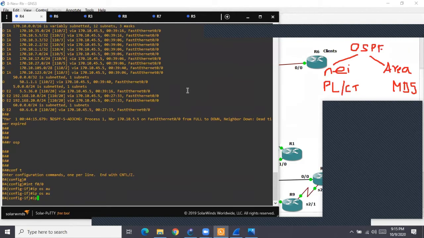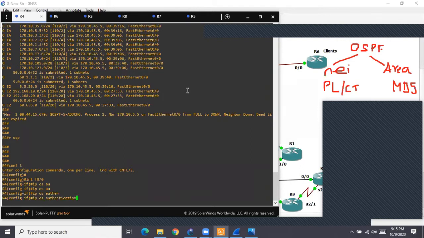You should know the full command and you can practice shortcuts. IP, then OS for OSPF, and here for authentication key you need to specify -K, and then the password. What password did I keep on R5? Cisco. Now you cannot shorten Cisco, the password cannot be shortened.